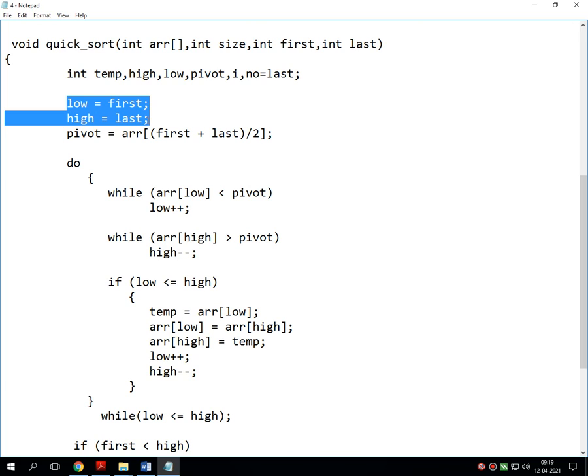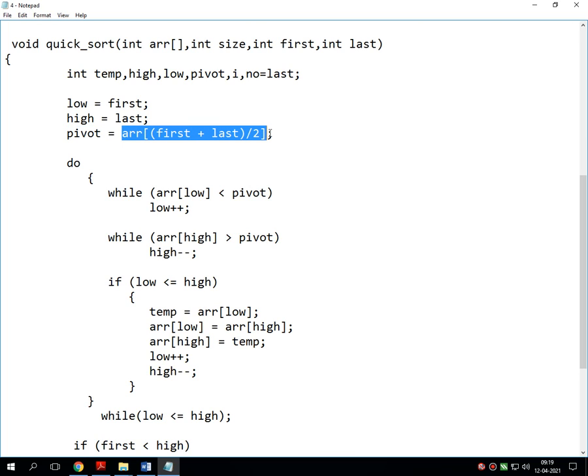Now the actual algorithm implementation starts over here, where low is equal to first, that means low is equal to 0. High is equal to last, that means high is equal to 5. Pivot is found through this particular equation: array of first plus last divided by 2.